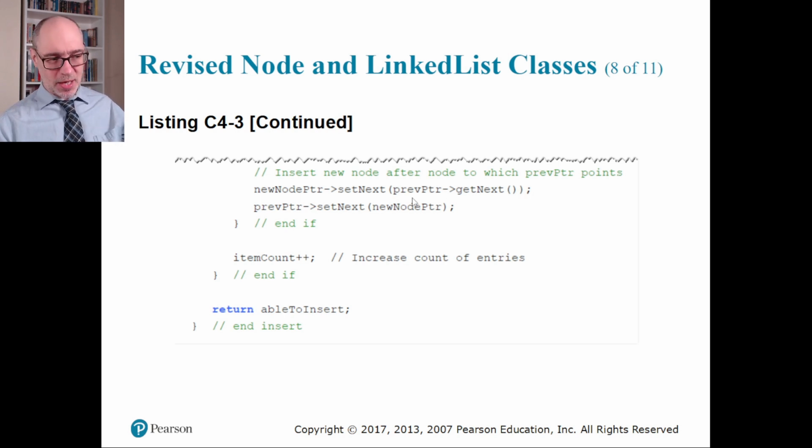So just the same call to set next, and then the previous pointer, what we're identifying as the previous pointer, we set our address into that, so the previous thing is correctly chained to us, and then we are chained to what used to be after that thing. So again, this line right here, right at the last thing in that else block,